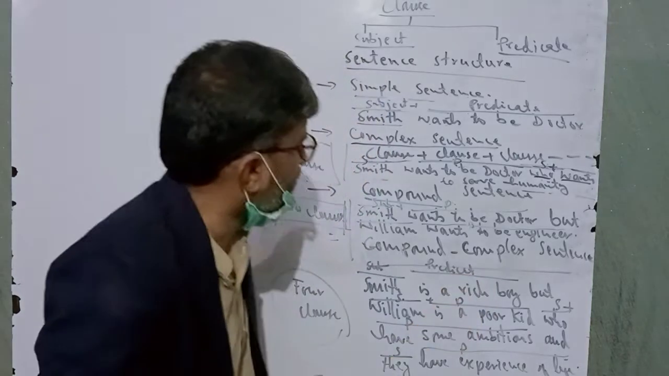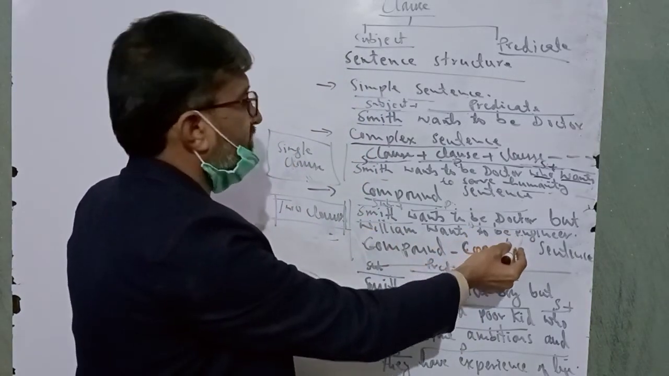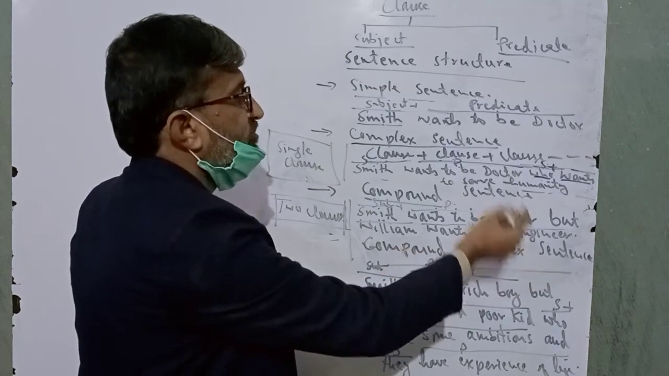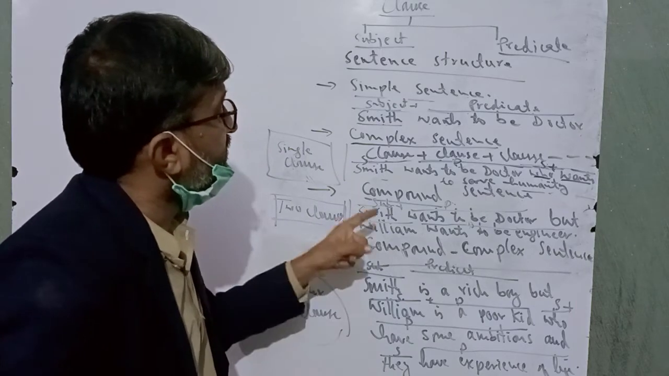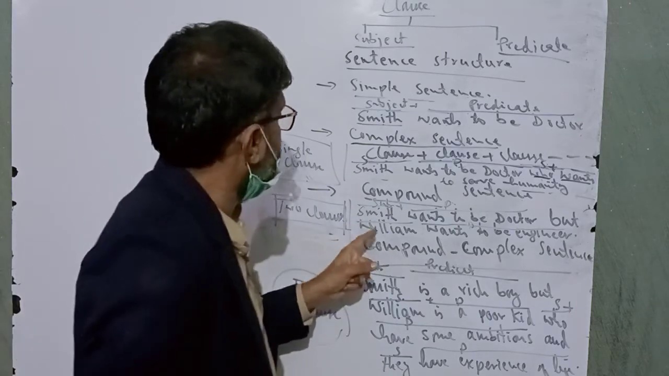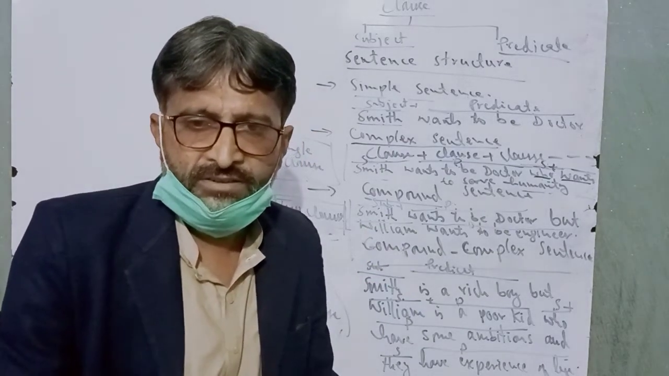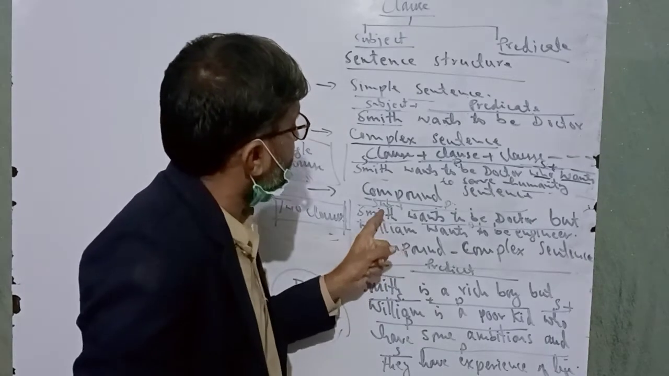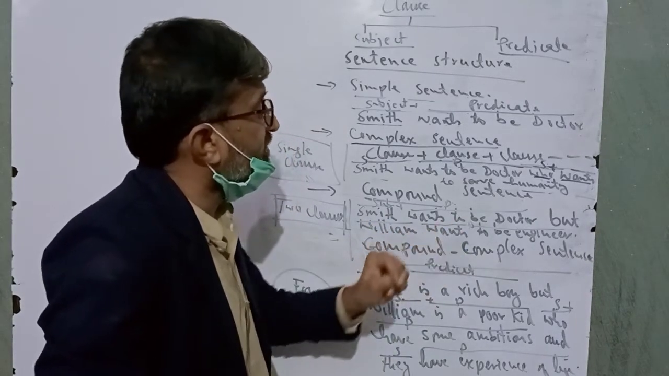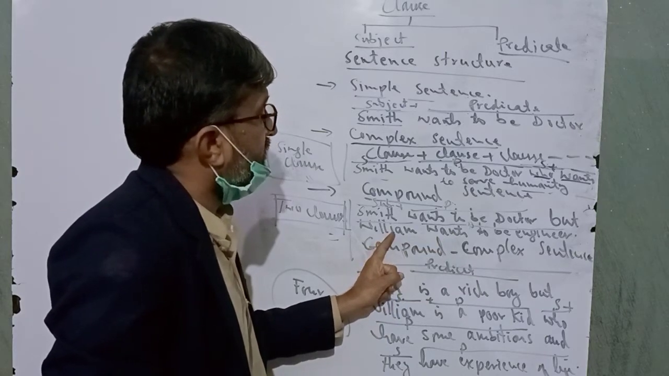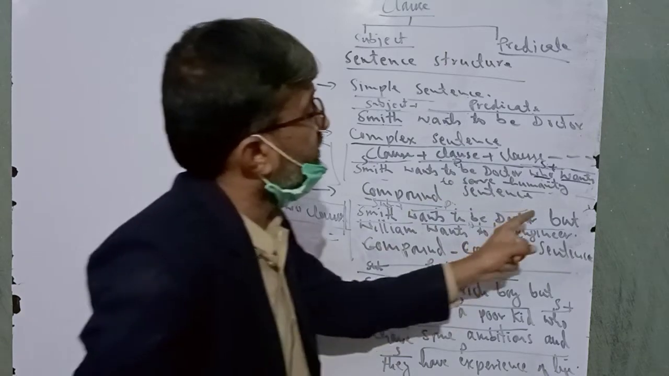Here I have just mentioned that Sint wants to be doctor, but William wants to be engineer. You will see there are two clauses. When there are two clauses, it means that there are four subjects and four predicates. Here, Sint is subject. Sint wants to be doctor, but William wants to be engineer. William is another subject and "wants to be engineer" is another predicate. Here, the use of